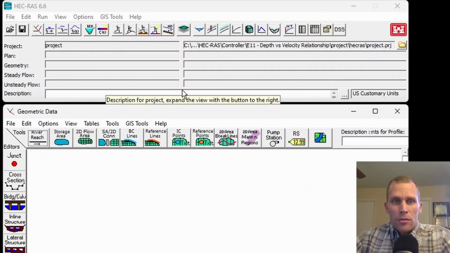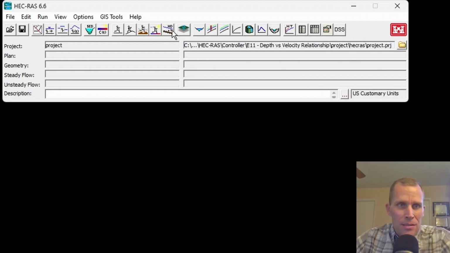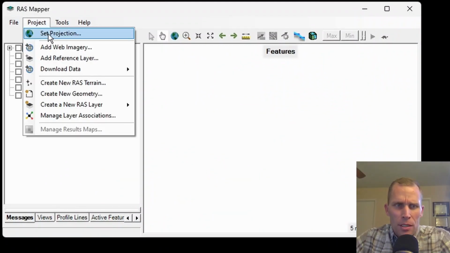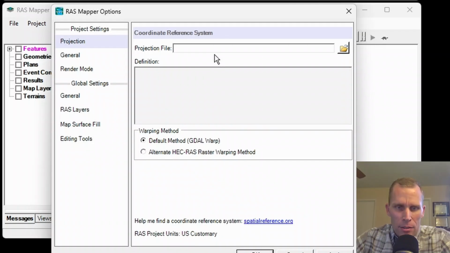All right, we're going to use some real world data here. We're going to use the Arkansas River, and that begins by going to RAS Mapper. So typically I use the geometric data editor, like GIS tools, RAS Mapper. All right, so here we go. I'm going to start by going up to project and set projection. Now I don't have a projection file yet, so I'm going to go to this